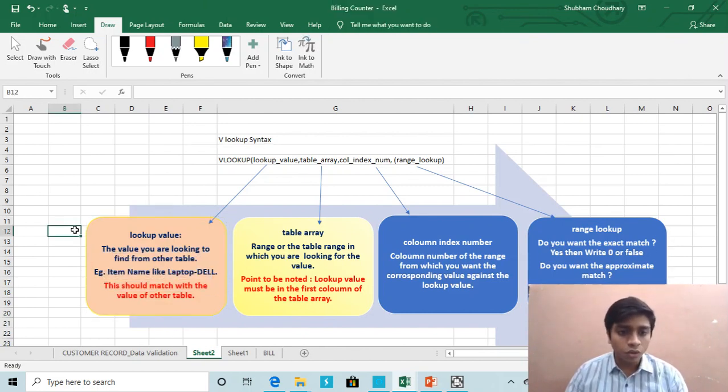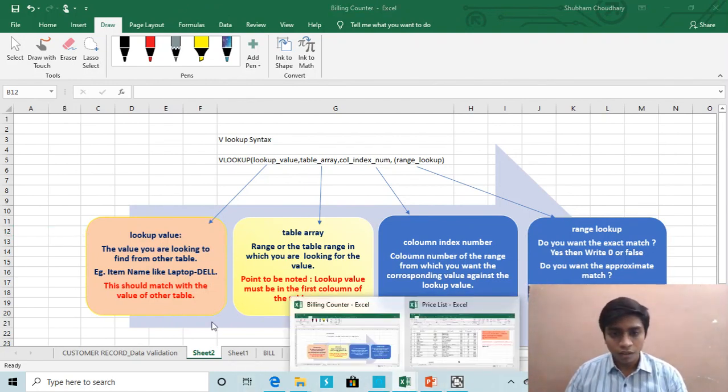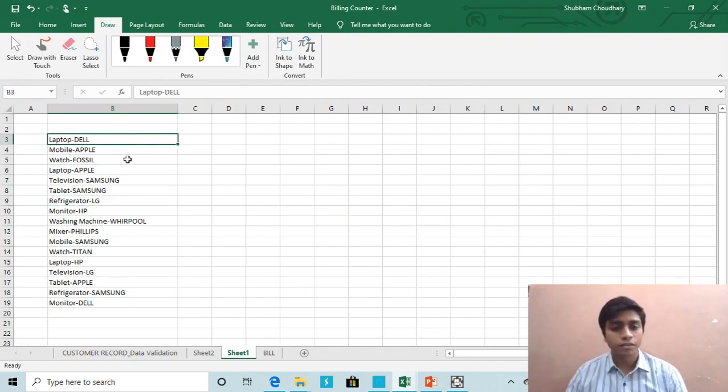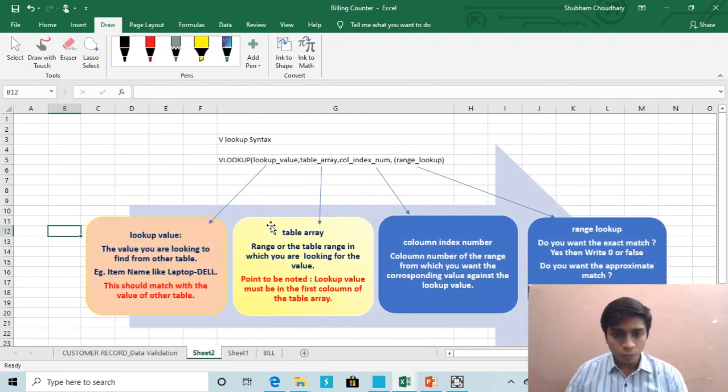Basically, lookup value is something that we are going to find from the other table. For example, if I have to find this laptop Dell price, then laptop Dell is going to be my lookup value, meaning I have to find laptop Dell in the other list, right? I hope you got it.